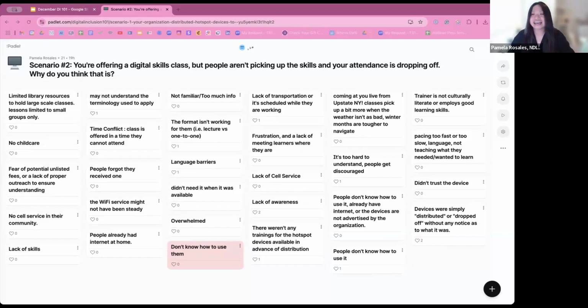Classes in English only, exactly. Majority of your students are speaking a different language, making sure that you have an instructor that speaks that same language for them to understand and or be able to provide resources.